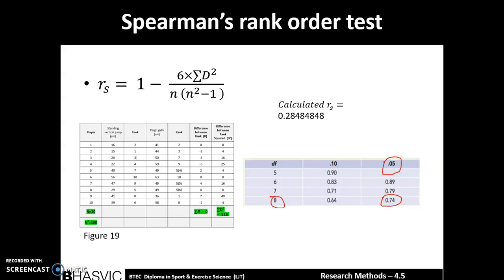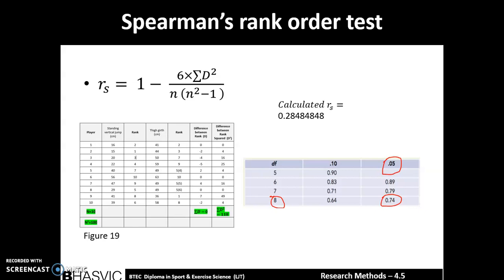However, once again, in order to complete this test, researchers have to make a series of prior calculations regarding their data set. For example, a study looking into the relationship between British gymnasts' standing vertical jump and thigh girth results may choose to use this test. As a result, they would complete the calculations labelled on the slide as figure 19. These results can now be applied to the equation for this test, so that a calculated R value can be determined. This R value can then be used to work out a correlation coefficient between the data. As a result of this, the calculated R value for the specific study comes out at